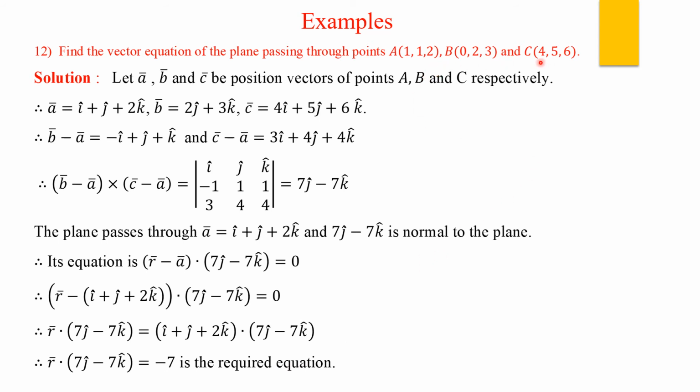Here is a plane passing through 3 points. Therefore find B minus A, C minus A. Take the cross product. These are on the plane. The cross product found here is normal to the plane. We know the equation of the plane passing through a point with a given normal: r vector dot n vector equals a vector dot n vector. Take the form (r minus a vector) dot n vector equal to 0. Simplifying, we get the equation of the plane.